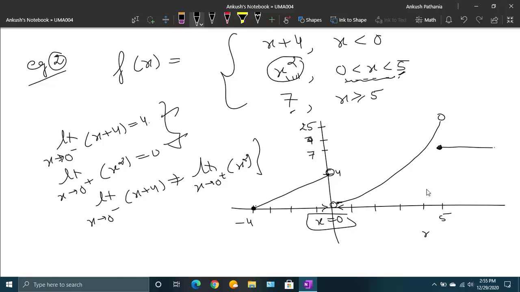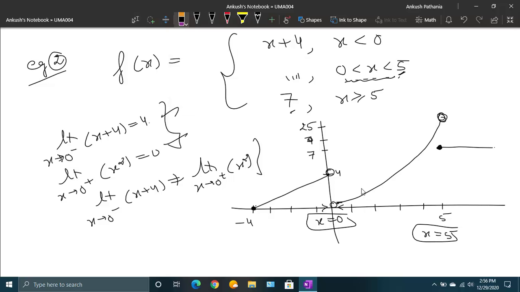Similarly, for x equals 5, you can see you have a jump from here to here about point x equals 5 when you approach from the left and right hand side. So this function is piecewise continuous, as you have jump discontinuities at x equals 0 and x equals 5. Now, in the same question,